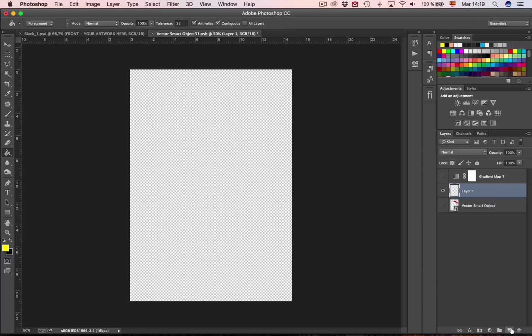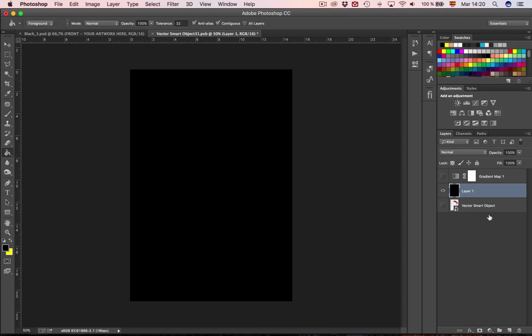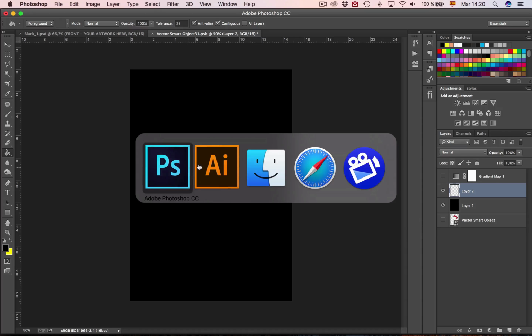Uncheck this layer, create a new layer. I'm just going to put like a background so I can see what I'm doing. So I come here and check the black one. I'm just going to paint it in black, create a new layer,